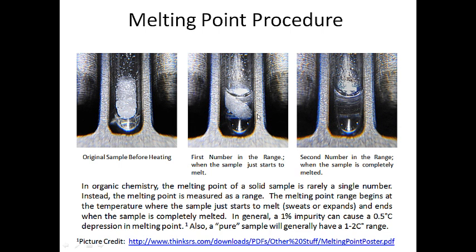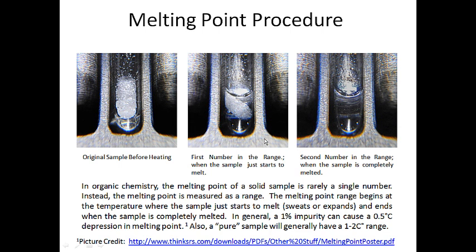Now, the first thing we can do if we're looking at the purity or making an identification is we can look at the literature temperature, and we can look at our melting point temperature of our unknown. So the literature melting point might be 53 to 54 degrees, and we get a 52 to 53 degree measurement. We're pretty close. So the first test of purity is how close you are to the literature value in terms of the temperature. The second is the